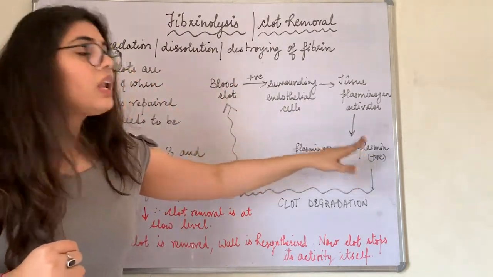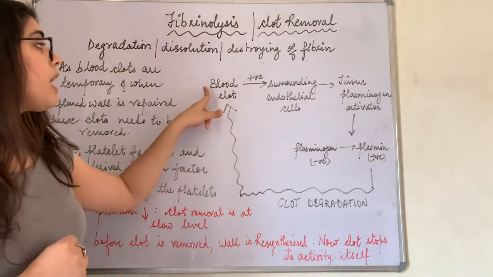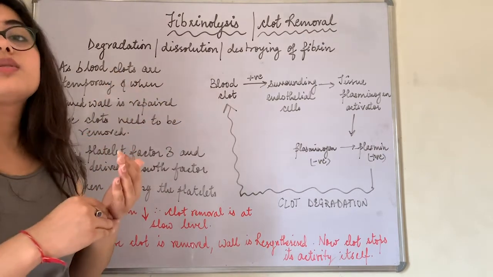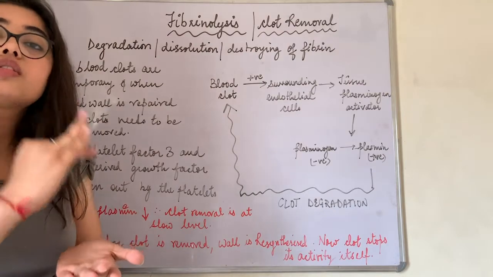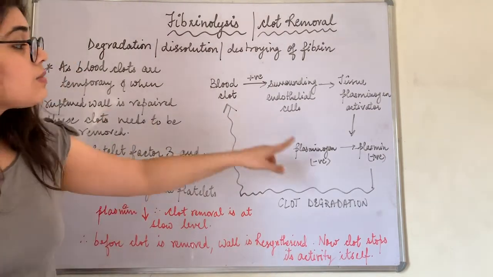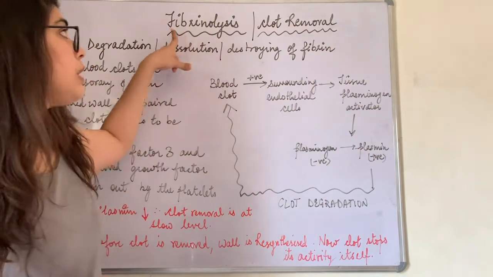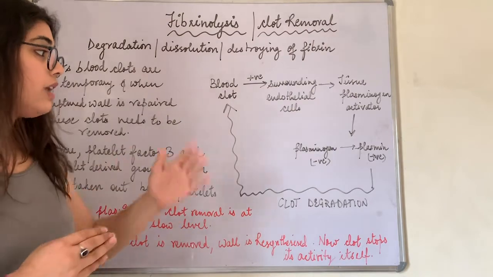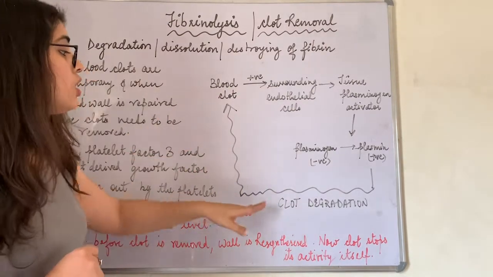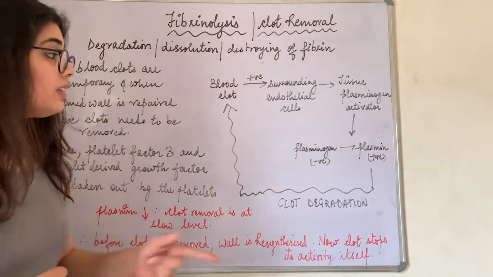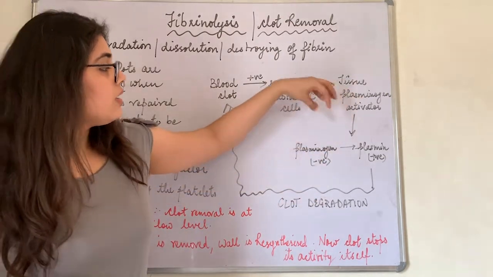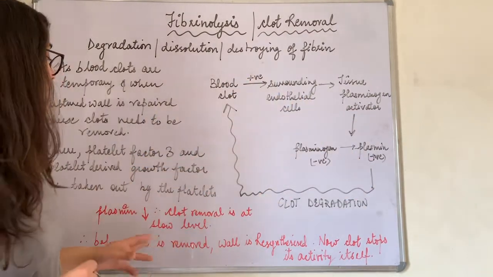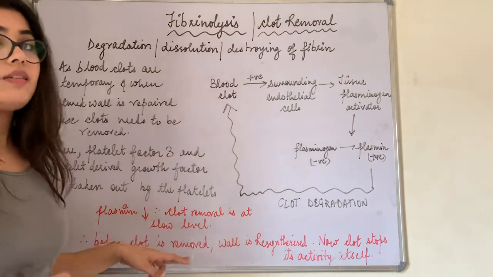अगर प्लाज्मिन का लेवल जो है वो लो रहेगा, that means what will happen, ब्लड क्लॉट चलता ही रहेगा, but उसका डिग्रेडेशन जो होगा वो बहुत लो रेट पे, बहुत स्लो रेट पे होगा। So that is why प्लाज्मिन का लेवल जो है वो बहुत मैटर करता है in case of fibrinolysis, right. अगर प्लाज्मिन का लेवल ठीक है, सही रेट पे चल रहा है, exact रेट है, pace उसका सही चल रहा है, that means जो क्लॉट डिग्रेडेशन है वो सही रेट पे होगा। लेकिन अगर टिश्यू प्लाज्मिनोजन एक्टिवेटर उसको बहुत स्लोली इनएक्टिव फॉर्म को एक्टिव फॉर्म में कर रहा है, प्लाज्मिन का रेट बहुत कम है, then that means the clot removal बहुत स्लो लेवल पर होगा, ठीक है।